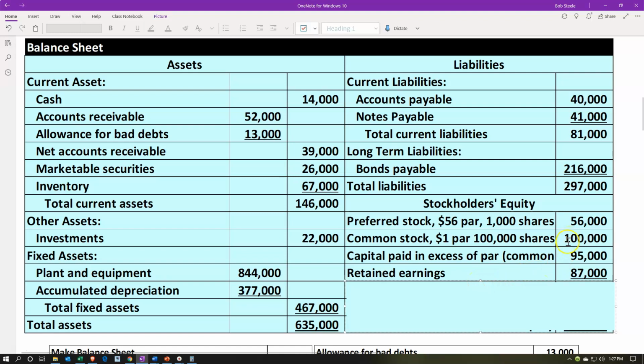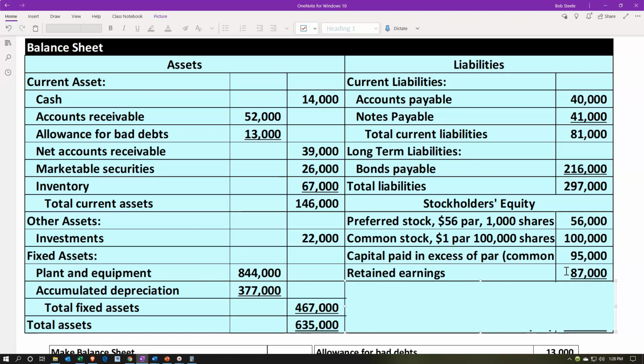These two accounts represent the owner's investment in the company, and this one represents the owner, like the preferred stock owner investment. And then we're going to break that out separately from the earnings that have been generated from the company that have been retained. So this 87,000 represents earnings that have accumulated upwards from the business of the company, income accumulating upwards from the income statement, rolling into the retained earnings account, that have not yet been distributed in the form of